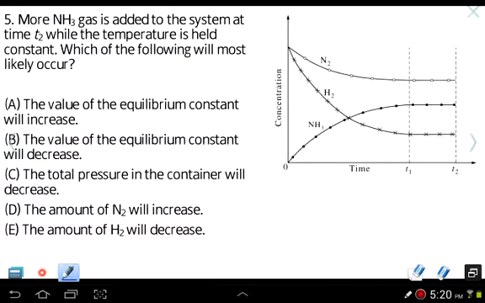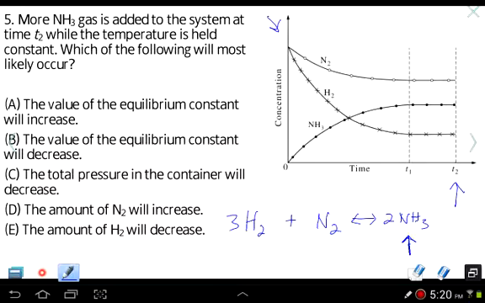Let's finish up with this question, referring to the same diagram. Here it says more NH3 gas is added to the system at time T2, at this point right here, while the temperature is held constant. Which of the following will most likely occur? Now this is back to Le Chatelier's principle. Recall that our equation is H2 plus N2 is in equilibrium with NH3. And balancing the equation should give us 3 here. So essentially we're adding product to the